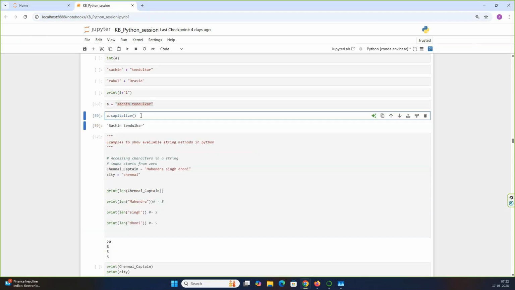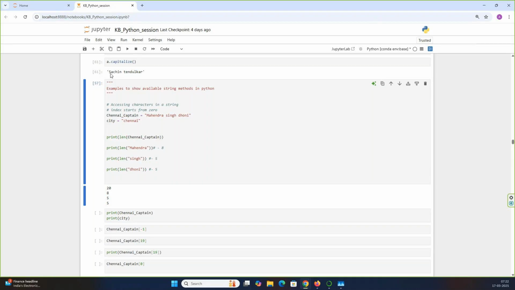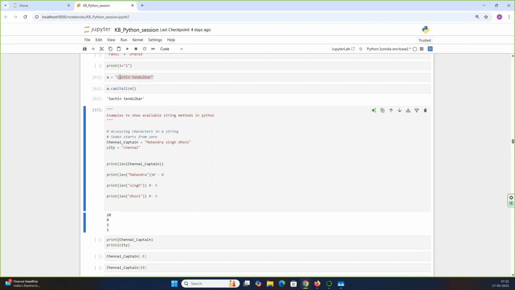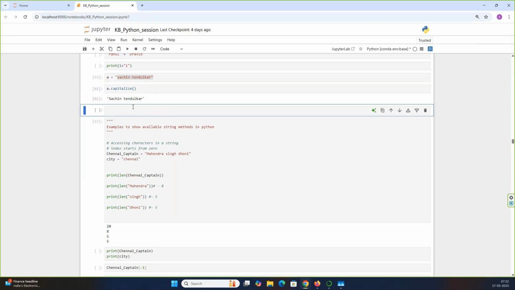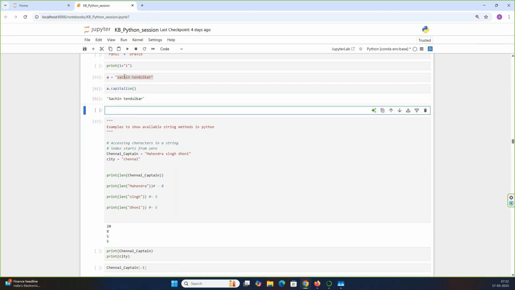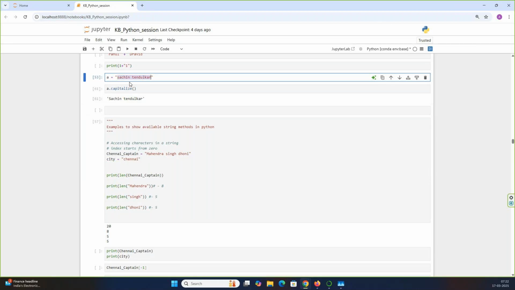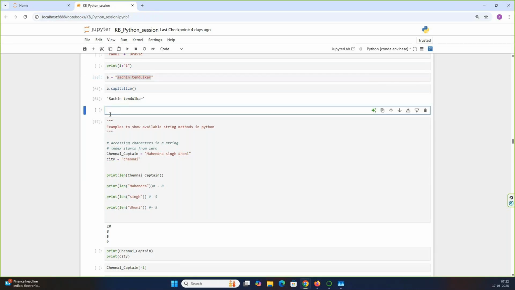When I write capitalize and I run this, you see, the first letter has become capital, S in Sachin. Now, I'll tell you one thing: how to read this and how to retrieve data from a string. If I write A of 0, a string always starts from 0, 1, 2, 3, 4, 5, even the space is counted, then T and so on. So if I run A of 0,